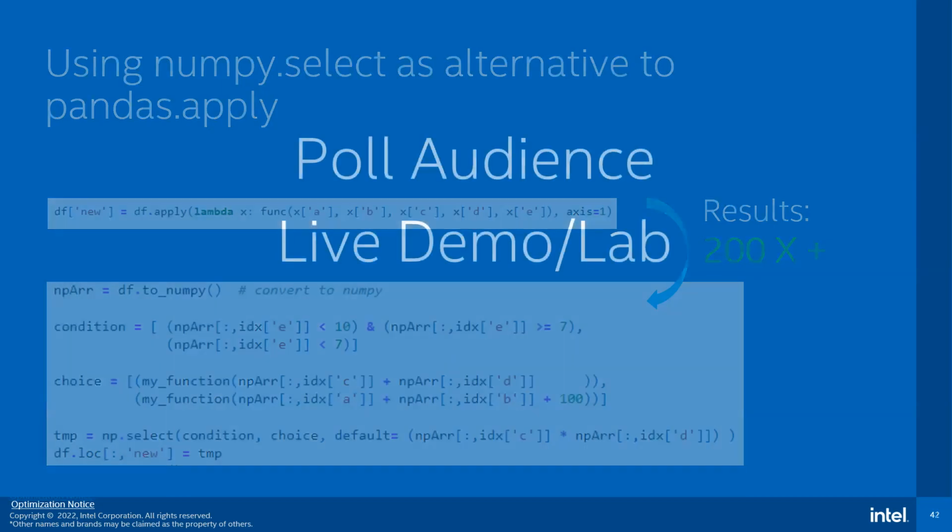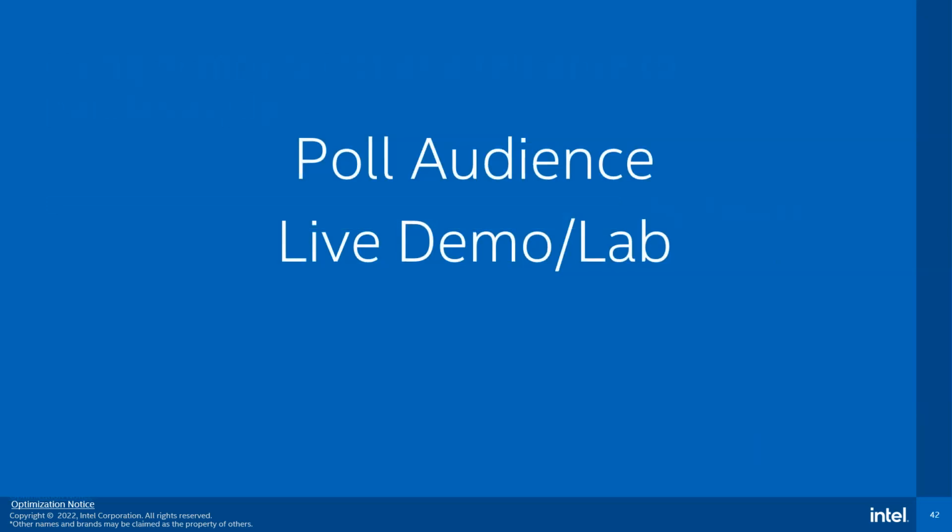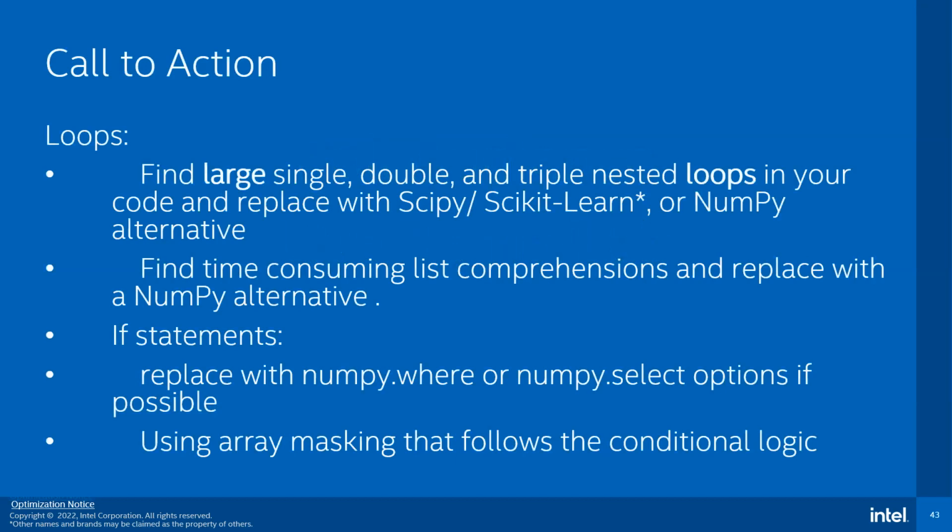We're really coming up on the end of this, but I wanted to leave you with a call to action: go search and destroy those large loops. What do I mean by a large loop? I mean a singly nested loop with a large trip count, or a doubly nested loop with even somewhat smaller trip counts, but if you unrolled it, it would be a large trip count. Doubly, triply nested loops, any of those kinds of things,